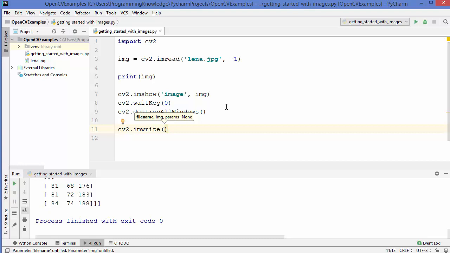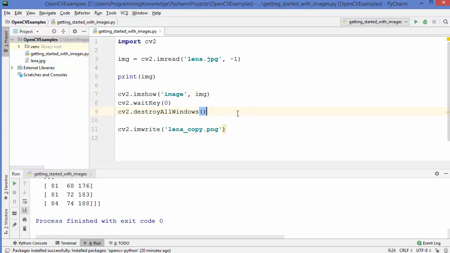So the first argument here will be the image name, whatever you want to give here. So here, let's say we want to give the name to our image as lena_copy.png. So the image will be saved as the file name lena_copy.png.